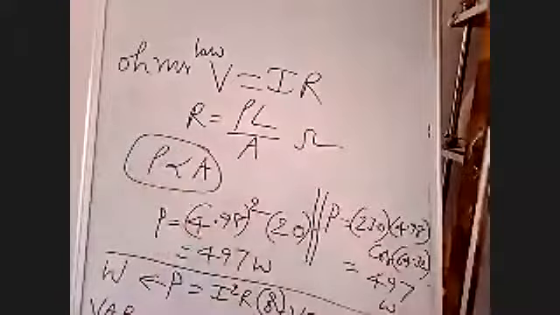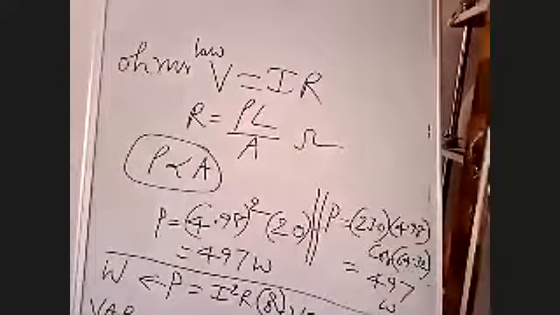Any doubt? This is Ohm's law, first one. Sir, you gave that resistivity of the material is directly proportional to A. No, it is wrong, I think. R is inversely proportional to A. Resistivity is directly proportional to A. Bring this A to this side: this rho is directly proportional to A. Resistivity is directly proportional to A, not resistance. Is it okay?